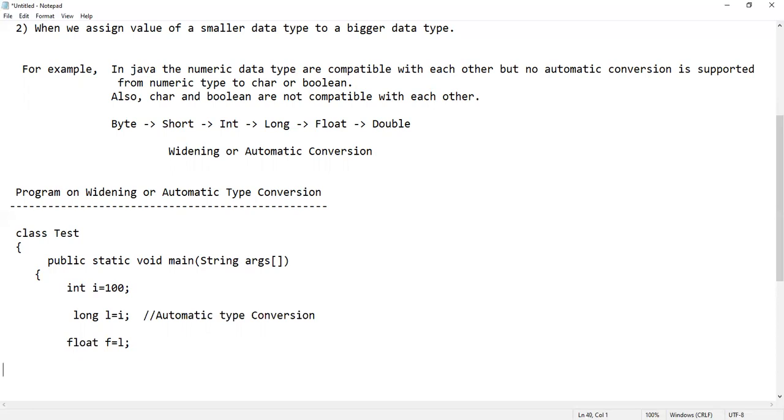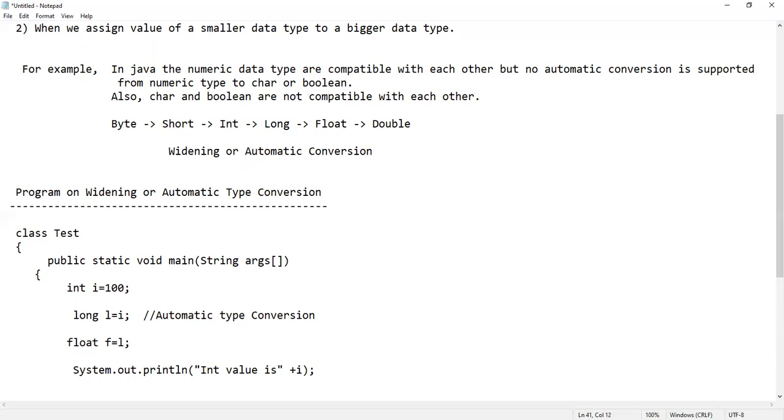Now after doing this, I'm going to save this and print it as output. System.out.println int value is plus I. Okay, so I have displayed the integer value.